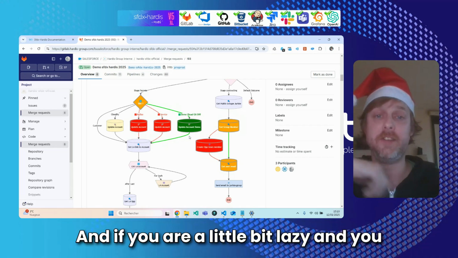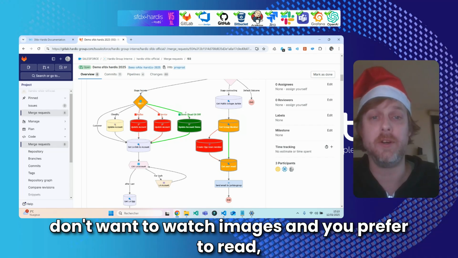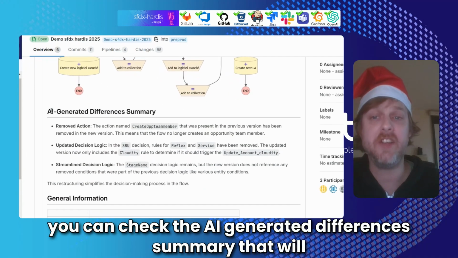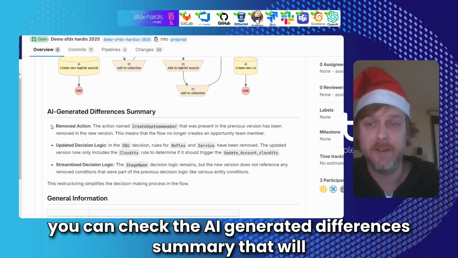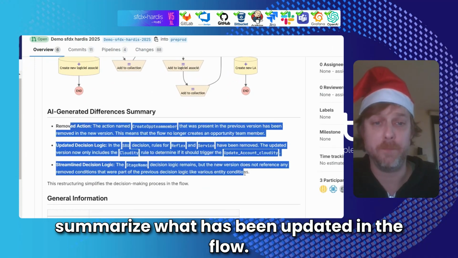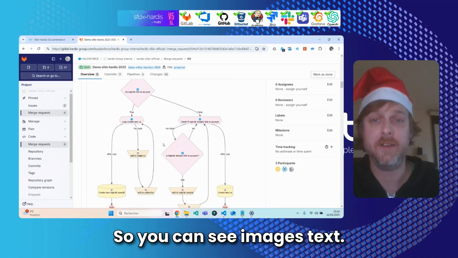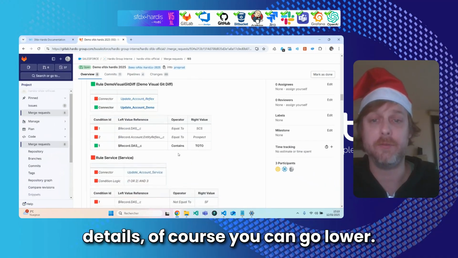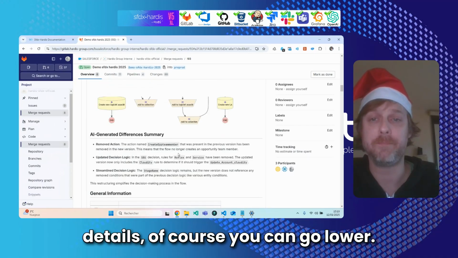And if you are a little bit lazy and you don't want to look at images and you prefer to read, you can check the AI-generated differences summary that will summarize what has been updated in the flow. So you can see images, text, and if you want to see the details, of course, you can go lower.